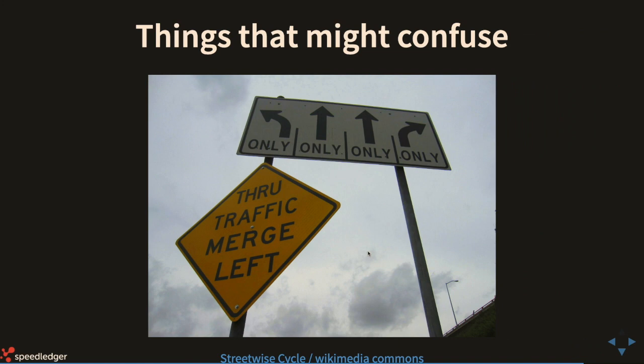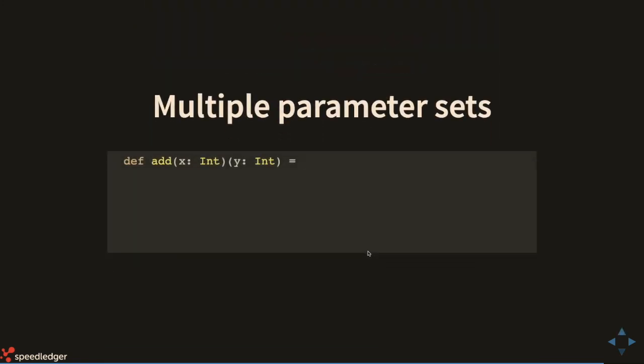So I've been doing Scala for 2 years, and when I started with it, there were quite some things that I found really, really confusing and hard to understand. One of them was like, what's the point of multiple parameter sets? Can't you just accept all the parameters the normal way that I'm used to? And the function definition looks the same. The way you use the variables looks the same. But the way you call the function looks different.